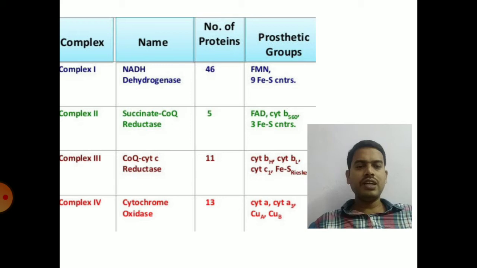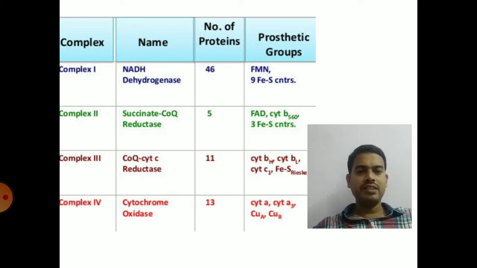And this oxidative phosphorylation electron transport chain takes place through a series of complexes called ETC complexes or enzyme complexes, which are shown in this slide. So complex 1 is also called NADH dehydrogenase. The prosthetic groups, that means non-protein components, that are involved in this complex 1 are FMN and FeS: flavin mononucleotide and iron sulfur proteins. And the second complex is called succinate coenzyme Q reductase. It comprises FAD, cytochrome B and